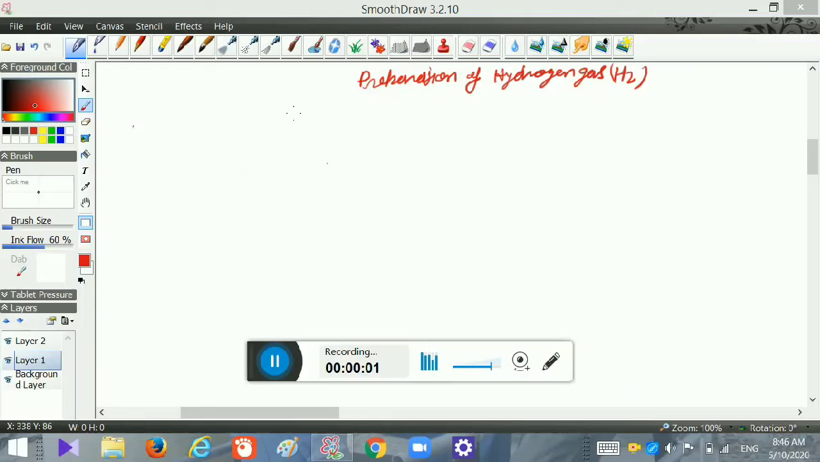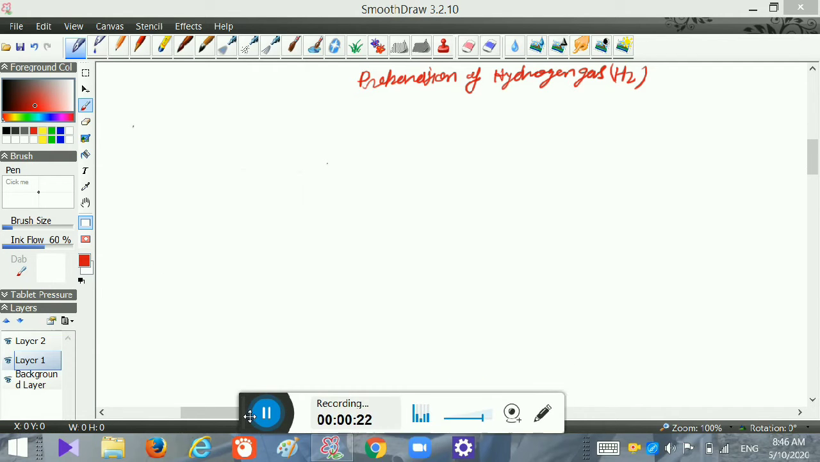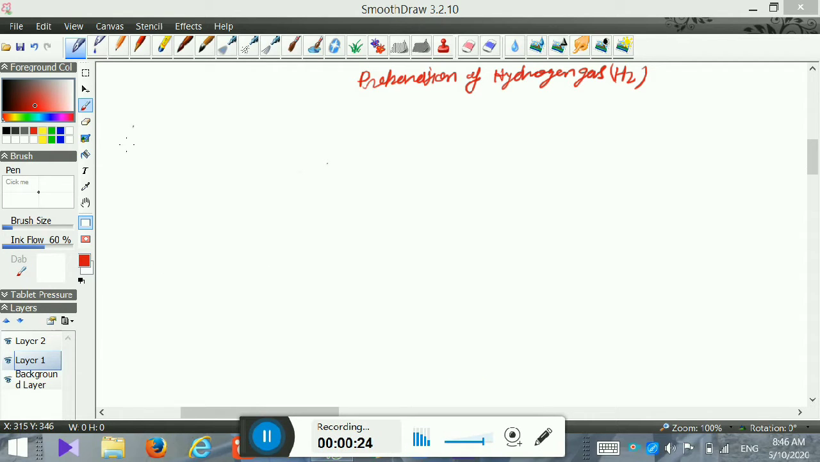So students, today we will learn how to prepare hydrogen gas. Hydrogen gas preparation is meant for class 9th, class 10th and class 11th. So we will learn some different methods to prepare hydrogen gas. So we start. First method,